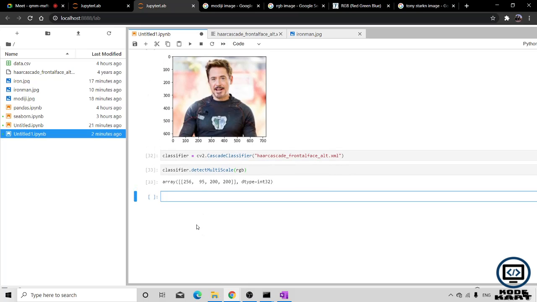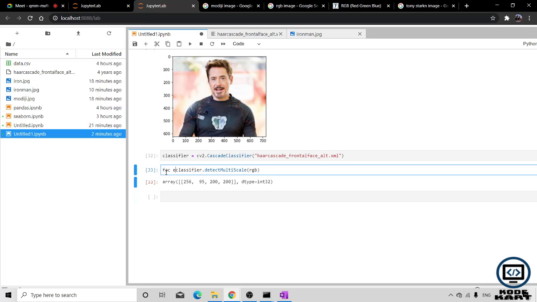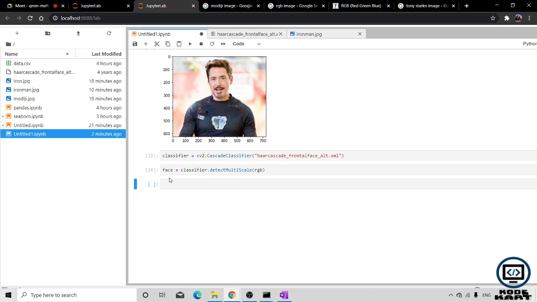It is the Ironman image, so I will store the first face into a variable. Let's do face equals, yeah, okay. So this is my value: x, y, w, h.